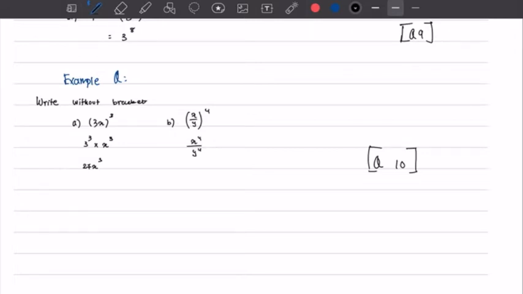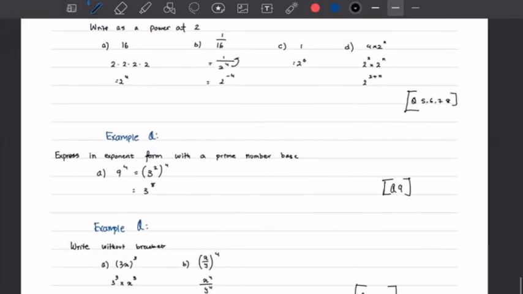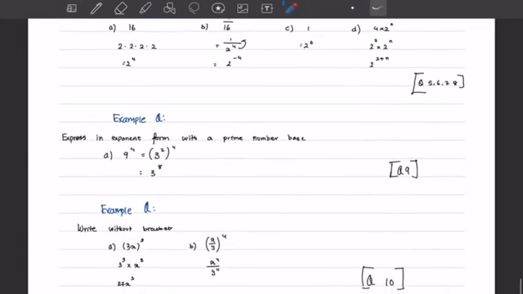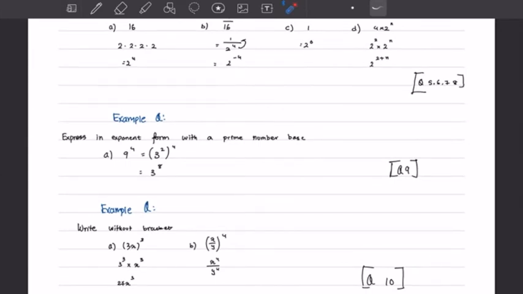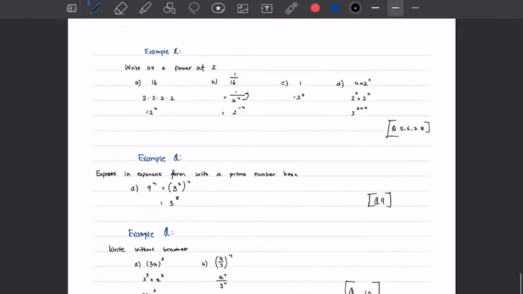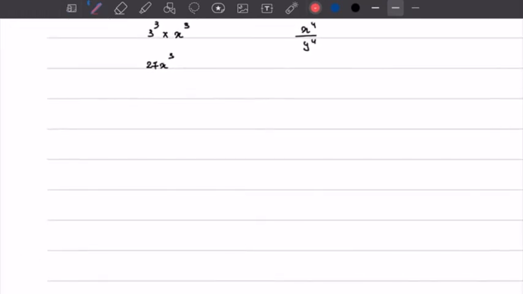And for now, these should be enough types of question that you will see. I recommend that you just do these questions that I've stated, just to get a hang of them, and then you will be able to actually apply them later on. Okay, now that we know the different types of questions when dealing with laws of exponents, I think it's a good time to go over the last part of the chapter on surds and exponents, which is part E,